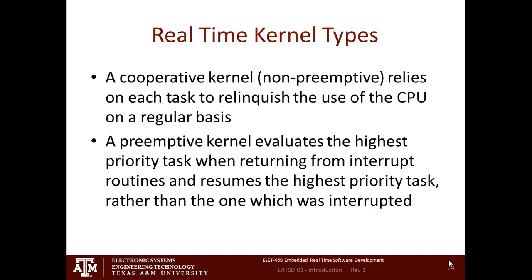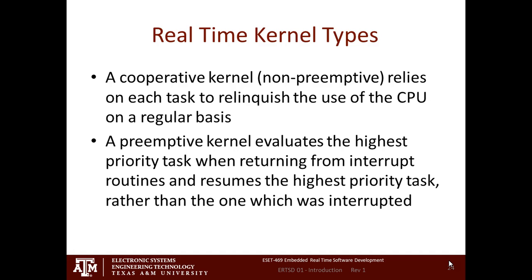So the problem with a cooperative kernel is that you can make a coding mistake, and all of a sudden you have one task that is seizing all the CPU time, which means no other tasks get run, and you've got to figure out which darn task it is that isn't letting anybody have any CPU time. That's a problem. The good news about a cooperative kernel is that you and I could very easily sit down and write one. I've done it a dozen times over my career when I couldn't afford to buy a regular kernel. It's straightforward to write, interrupts, that sort of stuff, pretty easy to do.